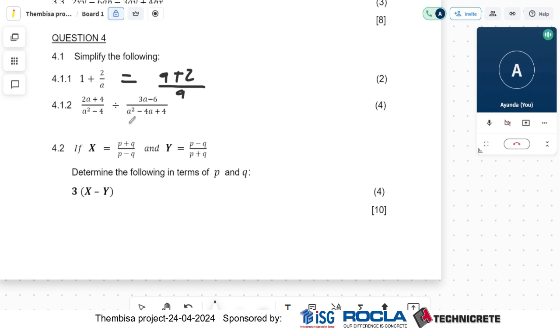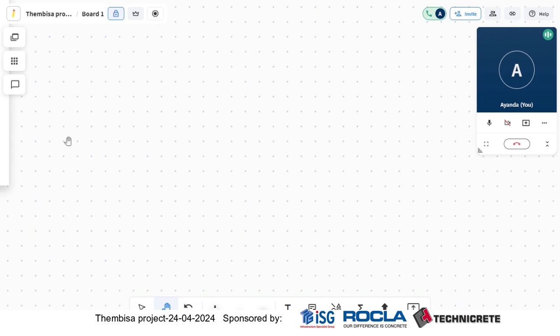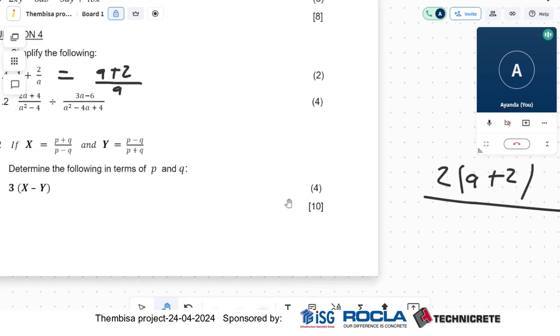4.1.2 is a little bit more complicated. We have (2a + 4)/(a² − 4) divided by (3a − 6)/(a² − 4a + 4). So what we're going to do is apply the rule of multiplying by the reciprocal. We'll be left with 2 times (a + 2) over, if we go back to,